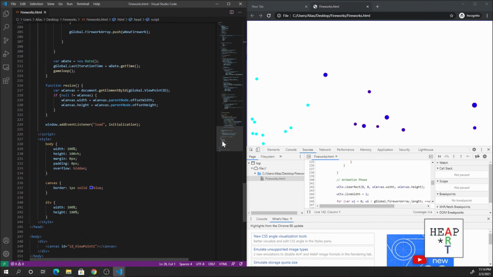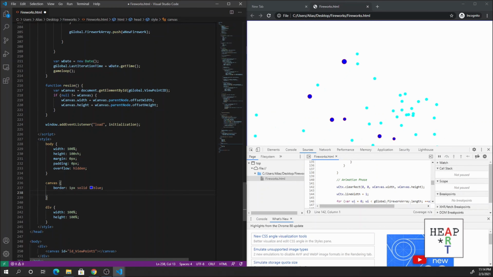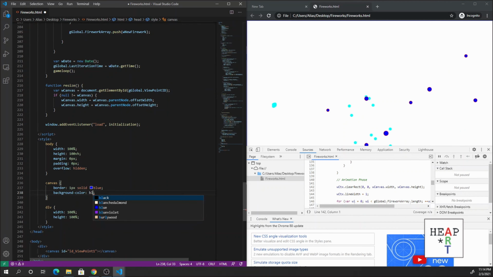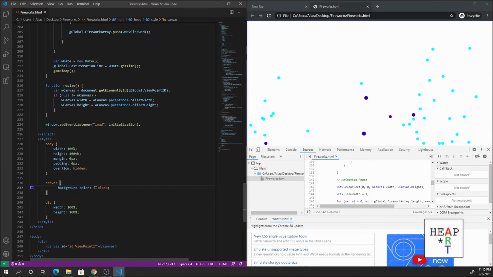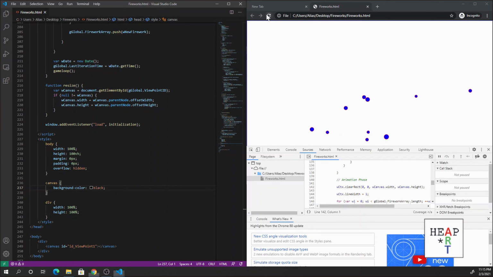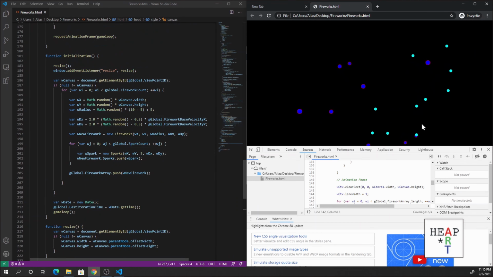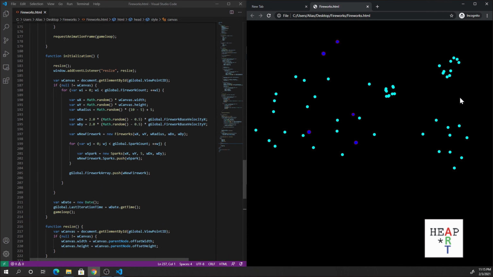Now for the visuals. Fireworks don't work during daytime, so we're going to change it so that the background of the canvas is, let's say, black. In our CSS, under canvas, we're going to say background color black. We no longer need the borderline, so we can erase it. See what it looks like. And those are our fireworks. Turn off our debugger, put to full screen,